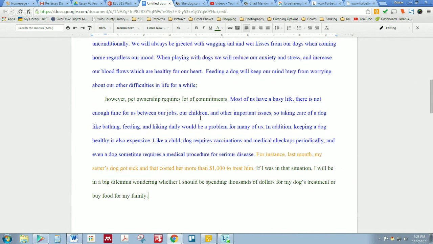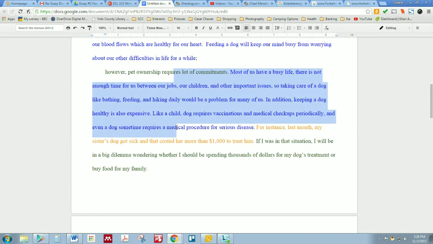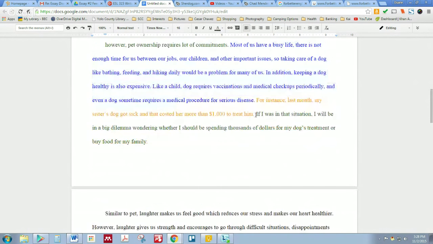So, but here, so that we have another paragraph here, and now it's very clear. We have positive things about owning a dog, and then negative things about owning a dog. And it makes sense that we end with negative things about owning a dog. So that's nice logical flow. And there is a little bit of analysis here after our specific example.